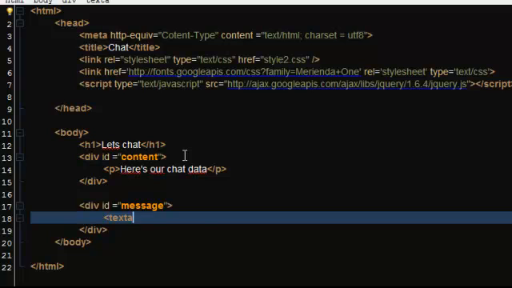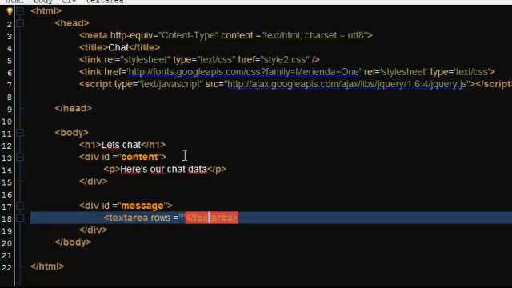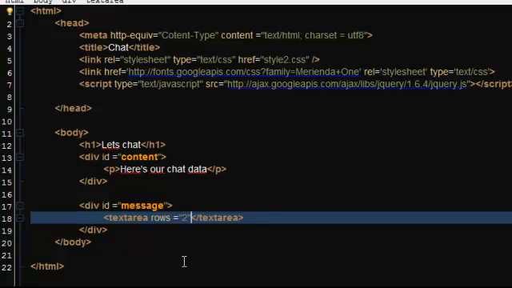So let's create a text area, and let's give it rows of 2, I think. Oh, I don't have numlock on. My bad. Okay, let's give it rows of 2